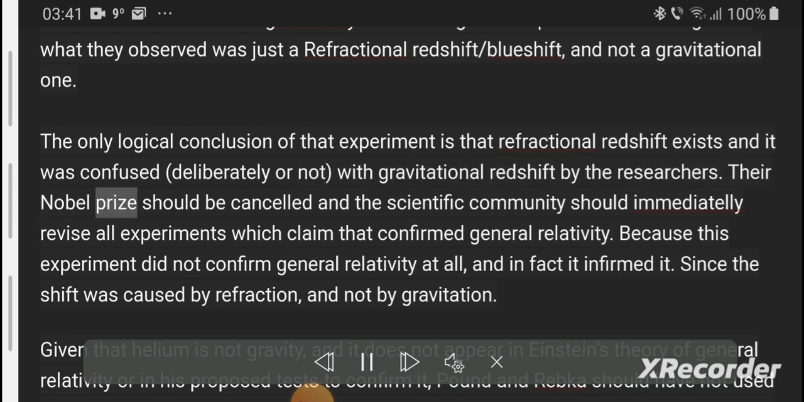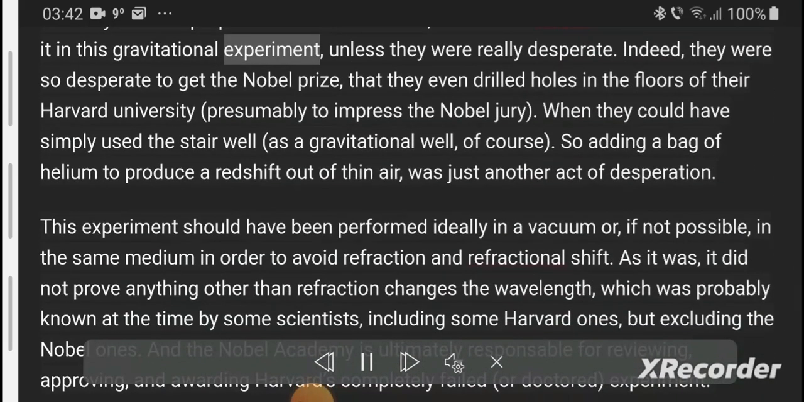Their Nobel Prize should be cancelled and the scientific community should immediately revise all experiments which claim that confirmed general relativity. Because this experiment did not confirm general relativity at all, and in fact it infirmed it, since the shift was caused by refraction, and not by gravitation. Given that helium is not gravity, and it does not appear in Einstein's theory of general relativity or in his proposed tests to confirm it, Pound and Rebka should not have used it in this gravitational experiment,